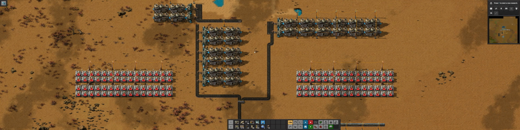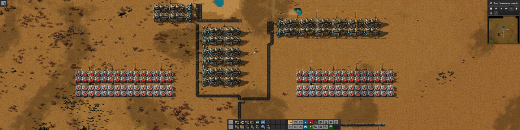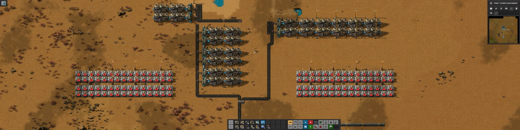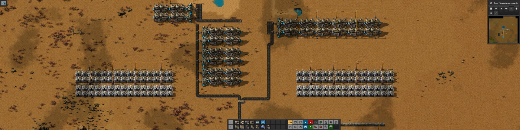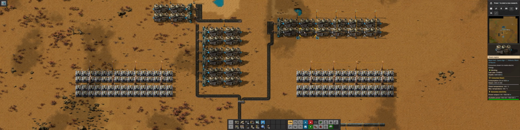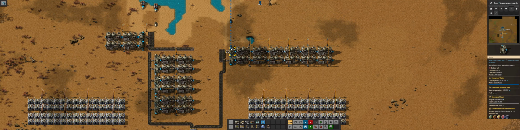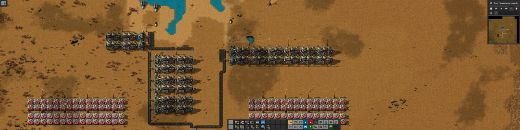It's not that big of a deal when you're dealing with low amounts of power. When you're dealing with more amounts of power, that's when you want to have a more efficient setup for coal versus water versus steam, compared to this setup over here. This is what we typically do. This setup right here is what I would say